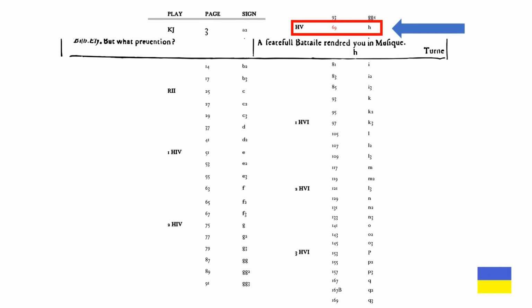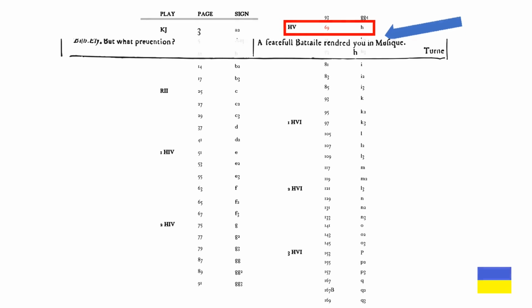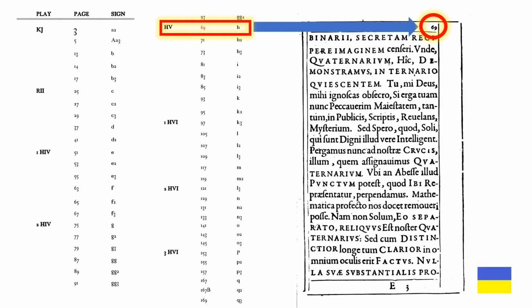This is followed immediately by the first page for Henry V, which begins on page 69 and has the signature collation letter of H. This is the same page as Theorem 20 is in the 1591 edition of the Monas Hieroglyphica. This cannot be a coincidence,